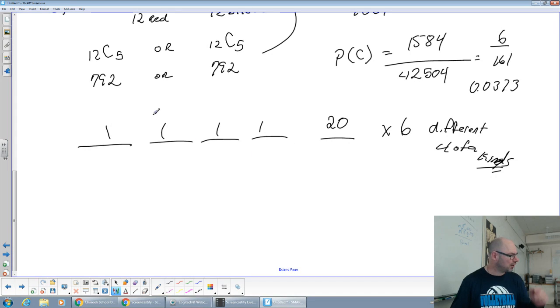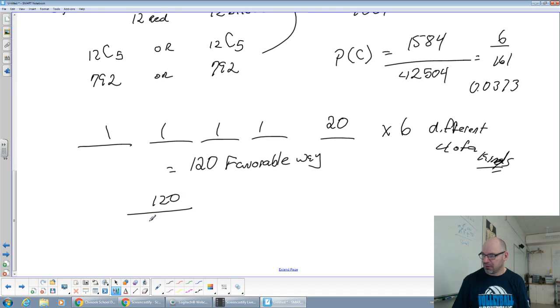Okay, so that's one way to do it. Or you could just draw it all out, or you could do a permutation: how many ways you pick this one, this one, this one, and this one? But our combination, pardon me. You could do all the combinations through here if you like. So this is going to be 20 times 6, which equals 120 favorable ways. So then you get the 120 over the same